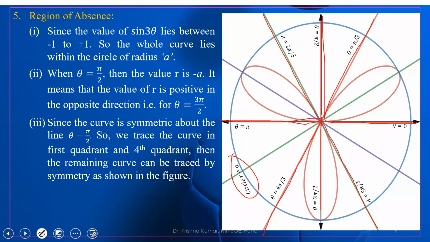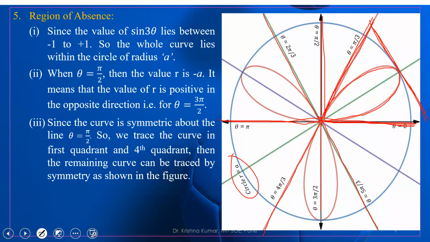Okay, so just look here. This is the first tangent and this is the second tangent. In between, at this point again, it will be tangent. So this is the tangent line, this is the tangent line, this is the tangent line. In between these three tangents, we have one loop.